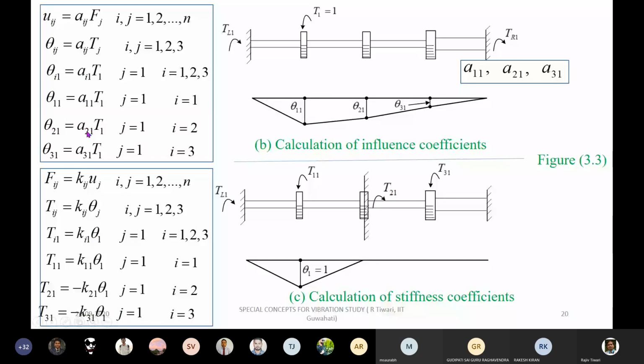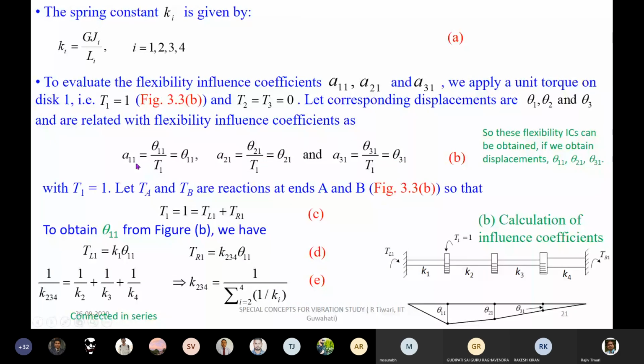A11 is theta 11 by T1, and because T1 is 1, as we have chosen unit torque, this will be theta 11. A21 will similarly be theta 21. A31 will be theta 31. So influence coefficients can be obtained if we know these displacements, but we still don't know these displacements. So to obtain these three influence coefficients,